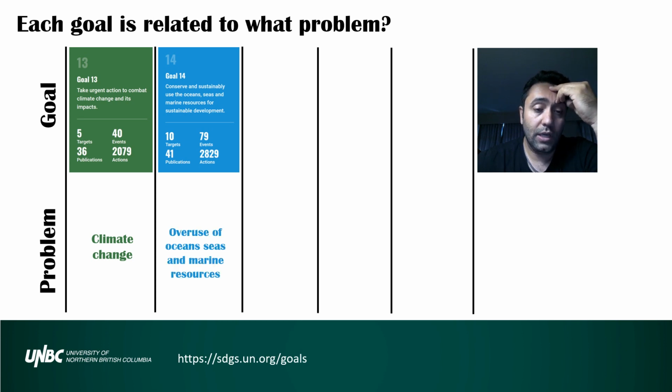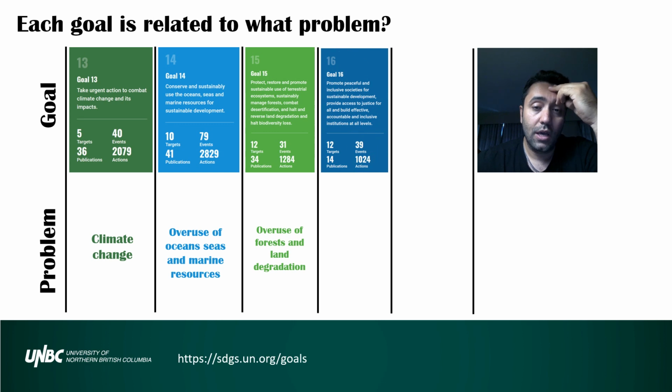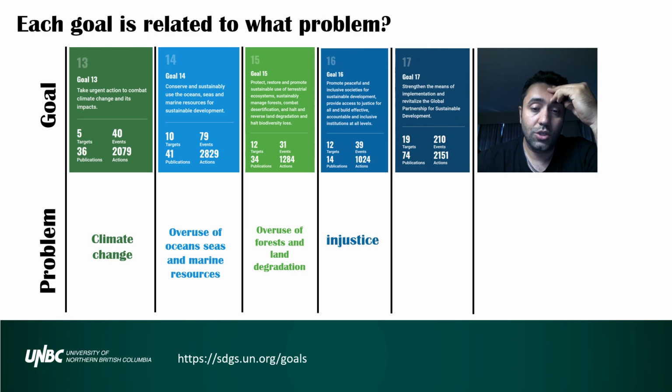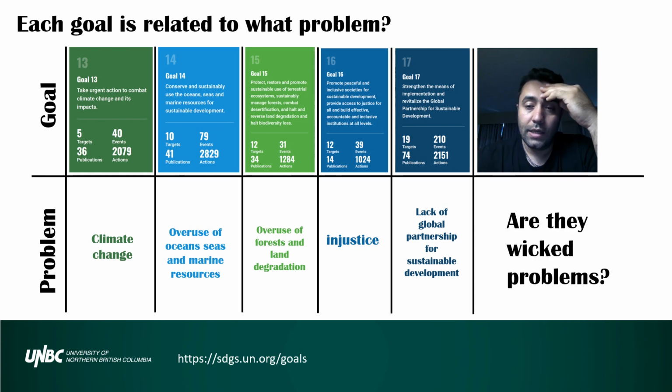Goal 14 is about overuse of oceans, seas, and marine resources. Goal 15 is about overuse of forests and land degradation. Goal 16 is about injustice, and the main one, goal 17, is about lack of global partnership for sustainable development. These global goals for sustainable development, all in all, are designed to answer